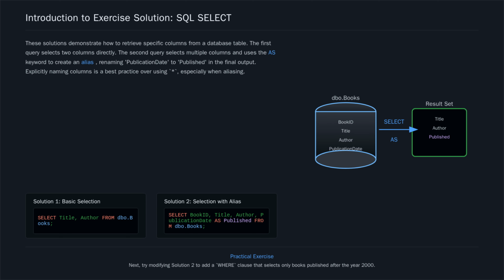Welcome back. Let's look at the solutions. For the first task, the query is select title, author from dbo.books. For the second, it's select book ID, title, author, publication date as published from dbo.books. Notice for the second task, I listed all columns explicitly, which is better than using a star when also using